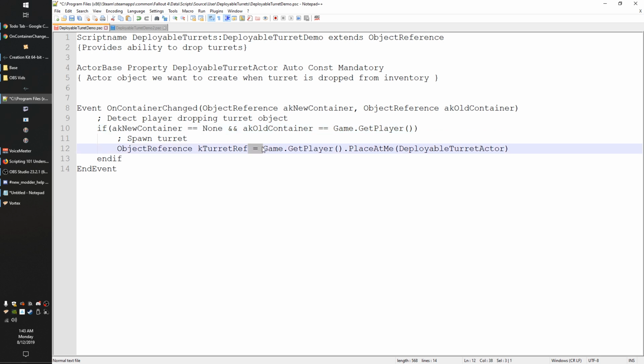A single equal sign is saying take whatever's on the right and store it on the left. Simple as that. And again, these are basic programming concepts you'll learn. So if this isn't clicking for you, go learn more programming. You'll get more demonstrations. All right, so then in here we know that game.getPlayer is a reference